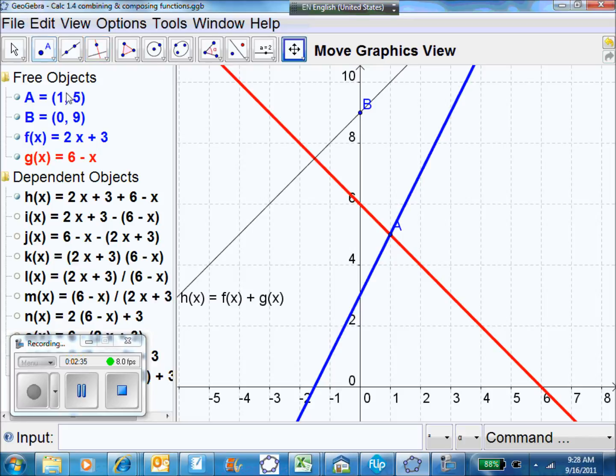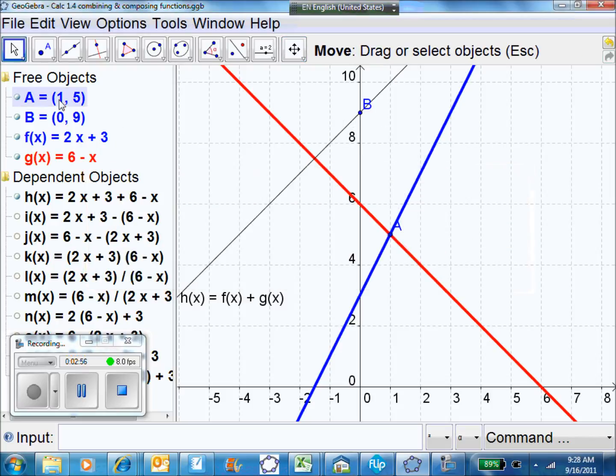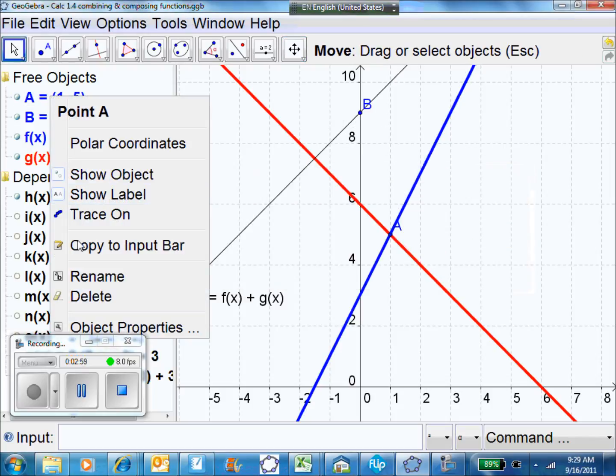Should I add up the x's or the y's to add up the function? The y's. So where should it go? 0, 12? No. Point A again, 0, 9. We already have a 0, 9. If you go up for another one, it should be 0, 12. And that's